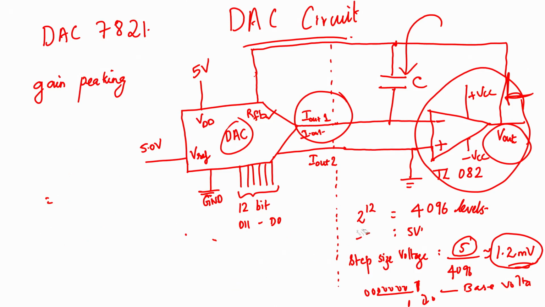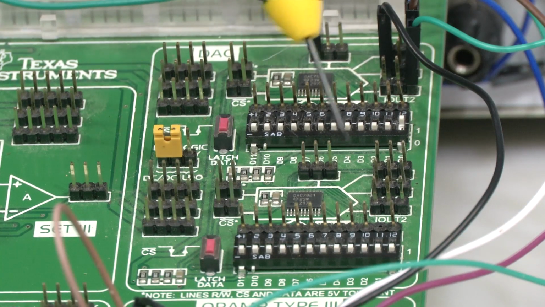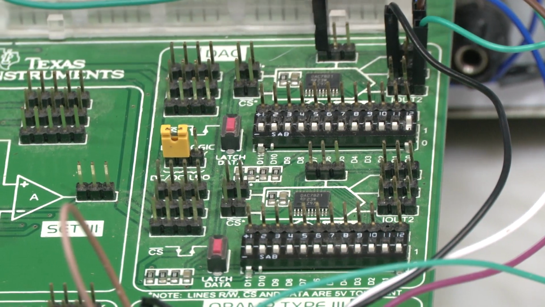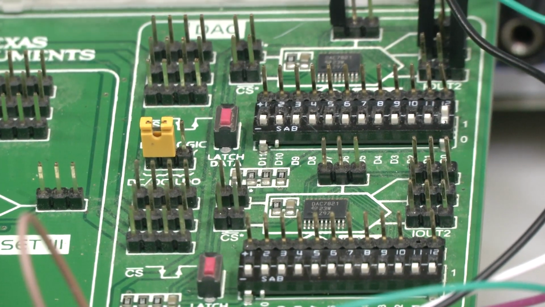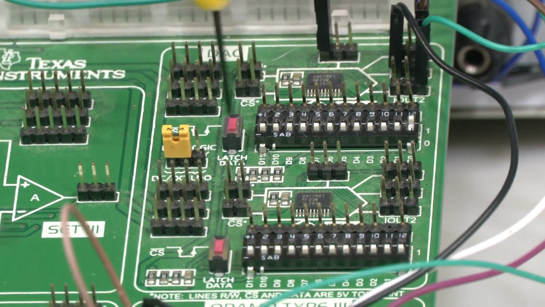So, this is the circuit that we are going to see now. This we will connect up on the board and see how digital to analog conversion happens. Okay. Now, let us see the board. So, this is the board. As we have explained in previous lectures, this board has 2 DAC systems, same IC, 2 sets of circuits, same circuits are provided on the board. So, we are using the top section.